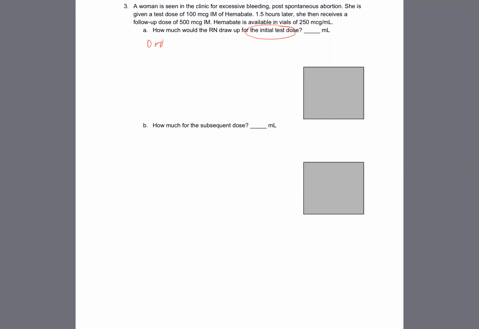So the order and the final units we're looking for is mL. So we have 100 micrograms. The availability is 250 micrograms per mL. Order times availability. 250 micrograms is in the denominator, so your microgram units will cancel, and you get 0.4